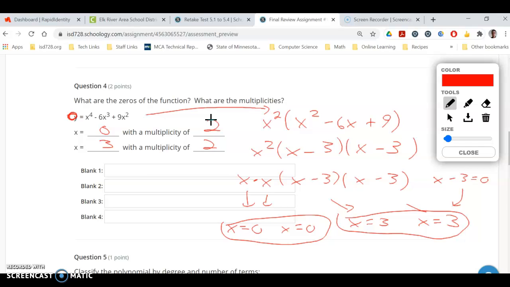Okay, so however many times it shows up, like if you had another x equals 3, then it would be a multiplicity of 3 or whatever. But here, you know, that's not going to happen. We should have 4 answers, so we do have 4 answers, 0, 0, 3, 3. Those are our 4 answers. All right,